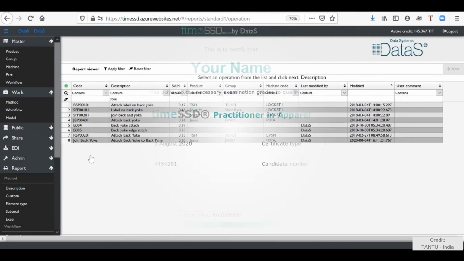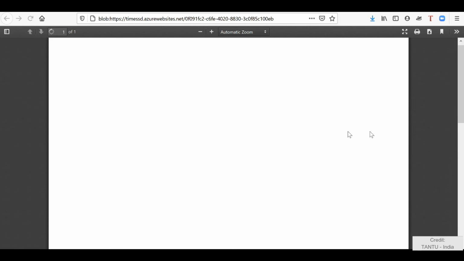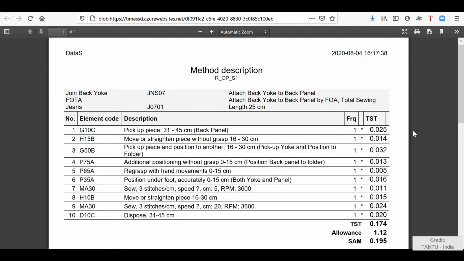You can see the software itself is giving that for this operation, when you have broken down the elements and chosen the right elements from the software, the TST, total standard time, is 0.174. And if you define the allowance here, it will automatically calculate, but the value should be 0.00. But here we'll just consider this TST value.